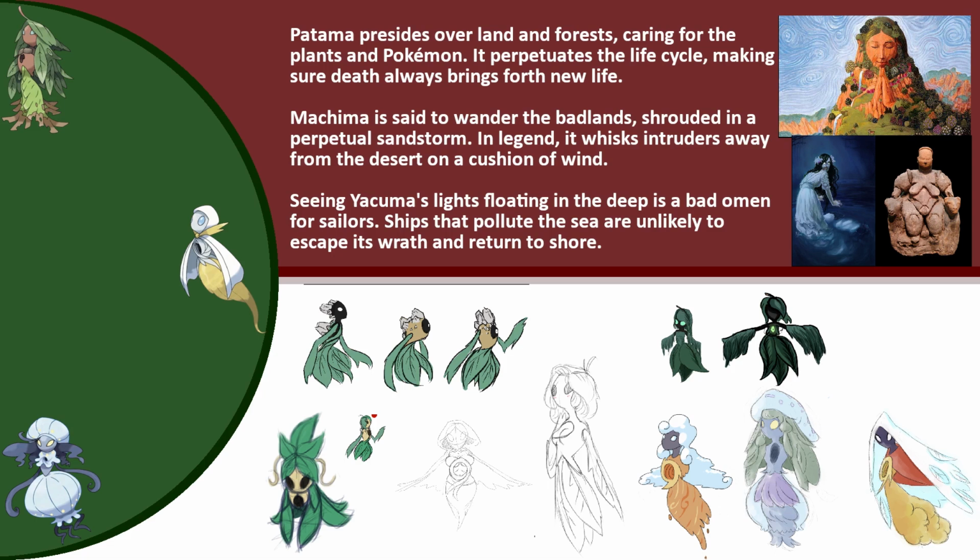Patama, the Incan fertility goddess, represented here by nature. Machima, the Great Mother, a flying ghost who whisks intruders away from the desert. And Yakuma, La Llorona, a bad omen for sailors, and polluting ships are unlikely to escape its wrath and return to shore. I think each takes its inspiration and runs with it to a great degree,